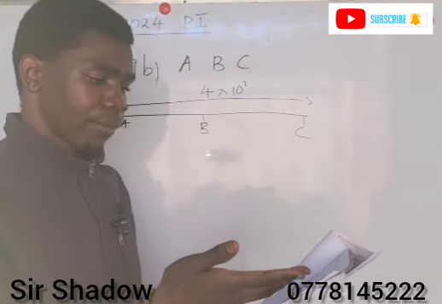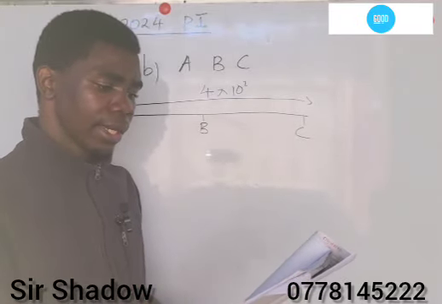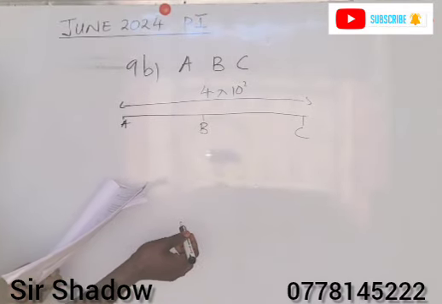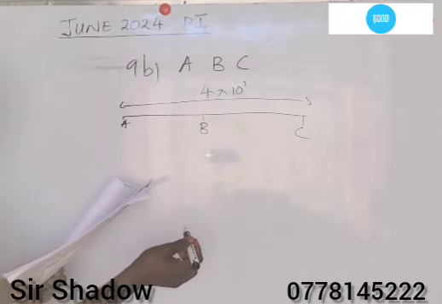Then we are also given that town B is 1.88 from